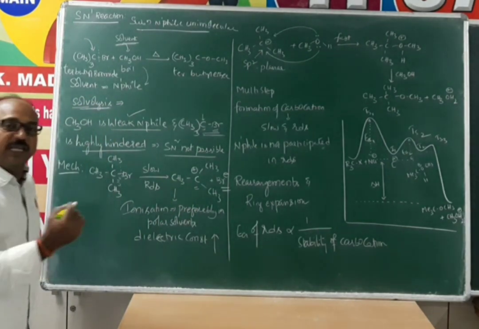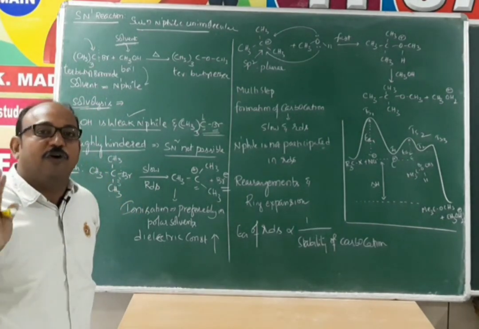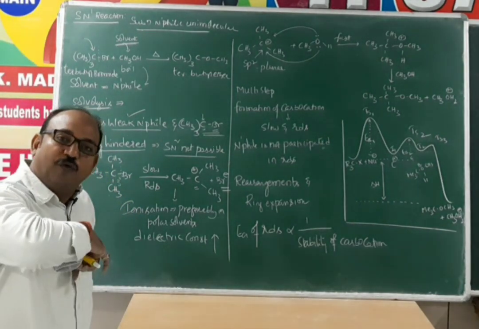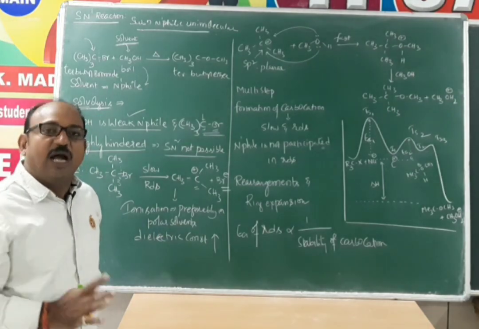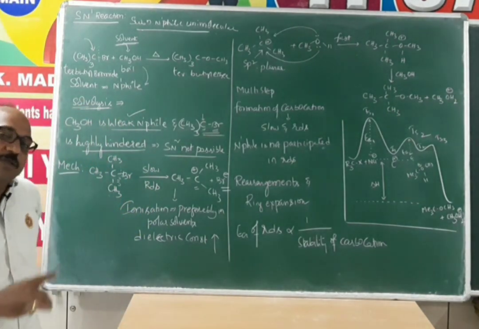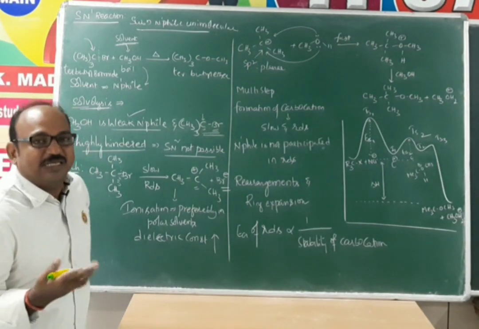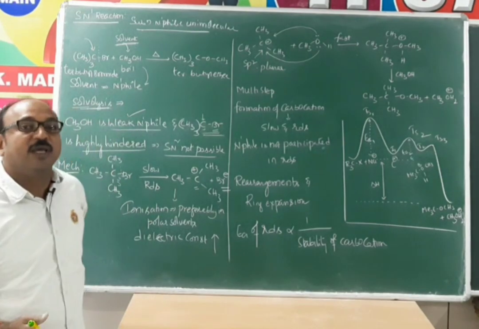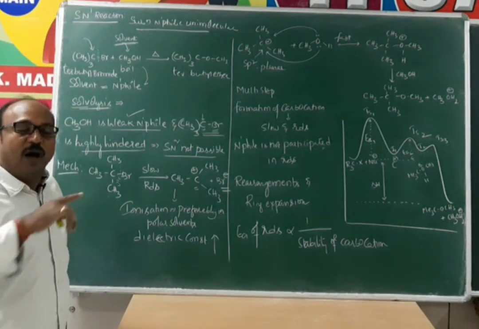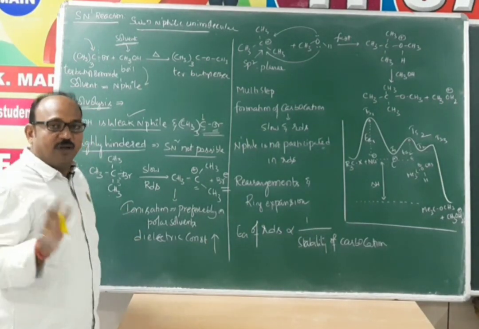That means in case of SN2 reaction we discussed that there is no intermediate formation. The nucleophile approaches from the rear side and the departing leaving group departs slowly. Both the steps happen simultaneously, and we mentioned that this mechanism is a concerted mechanism, meaning at a time all bond breaking and making takes place. But in SN1 it is not like that.